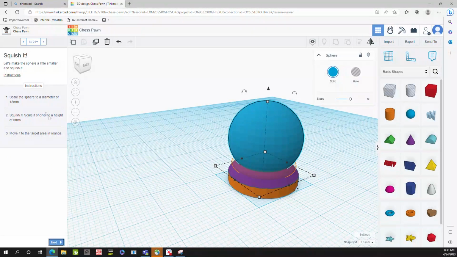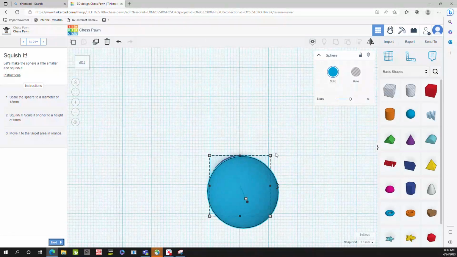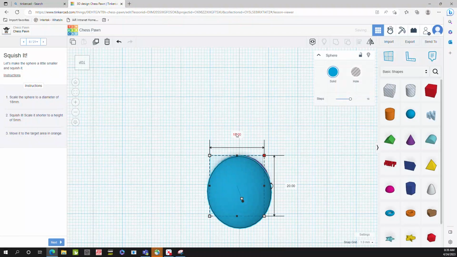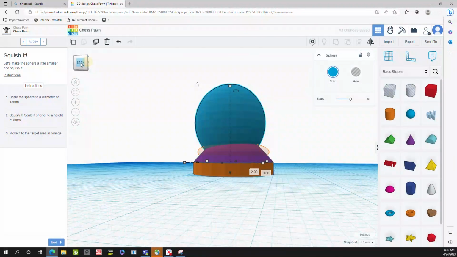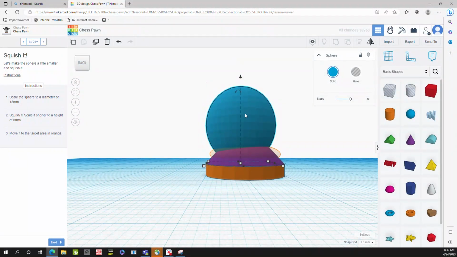So let's do that. We're going to set the diameter to 18. For that we can just click here, 18. That's an ellipse. 18. Okay. And move it to the right position. Okay. And then it says to have it as